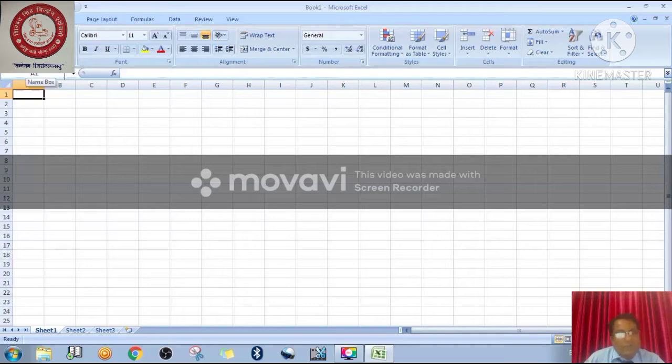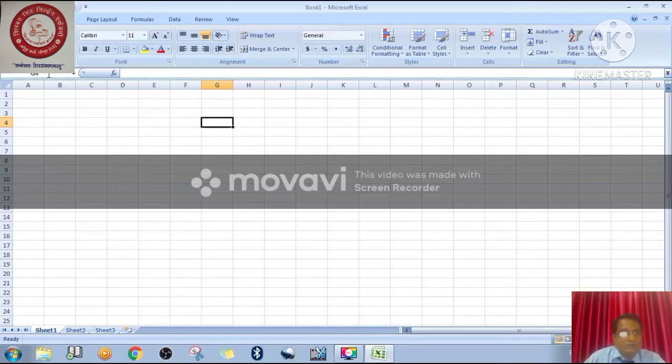In name box you are able to see the address of your cell, whatever cell you are working in. I mean to say, suppose right now A1 is selected here, the black color boundary is there, right? And this is called fill handle. This is another fill handle, and this one is another fill handle. Two different kinds of fill handles are there, right? So name box always shows the cell address of any of the cells. Suppose I have clicked here, you will be able to see G4, right? So let me give you details about cell address also. Cell address becomes a unique cell address, means it is absolutely different.